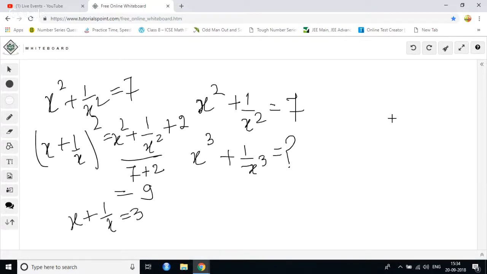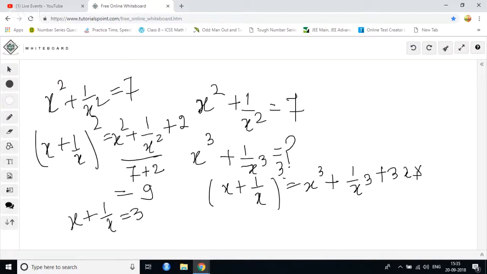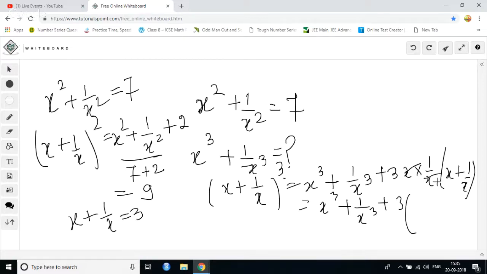Now if x plus 1 by x would be equal to 3, what is this? So try to understand. If I find out x plus 1 by x whole cube, that would be equal to x cube plus 1 by x cube plus 3x into 1 by x into x plus 1 by x, and that would be equal to x cube plus 1 by x cube plus 3, this x and x will get cancelled out, x plus 1 by x. Now I have to find out the value of only this much. So let's put in the values. x plus 1 by x is 3 from here. So 3 cube is how much? 27. That is equal to,